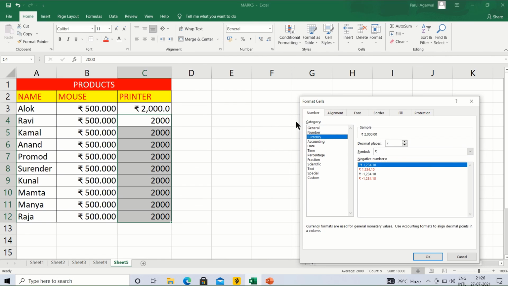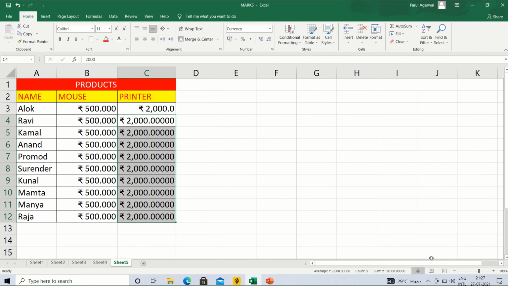Under the Format Cells dialog box, we'll get Currency. We can click on Currency. We can set the number of decimal places from here also. We can increase, and we can choose whether we want to display positive or negative numbers, whatever is there, and we can click on OK. Then it can be displayed easily using this also. Suppose we have taken this one, now we can click on OK. So it is displayed by increasing decimal numbers.